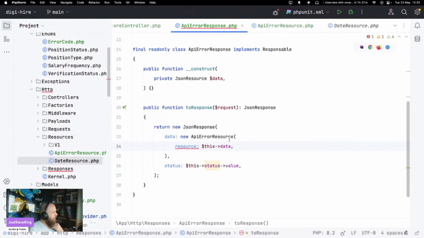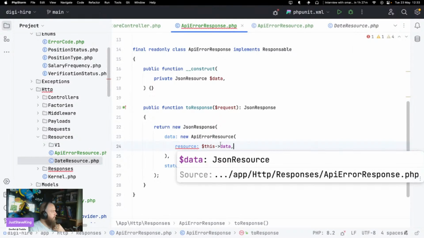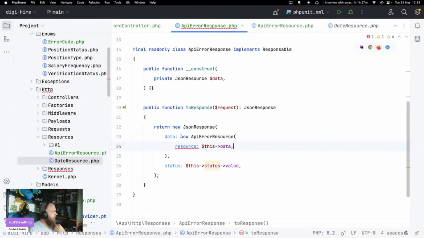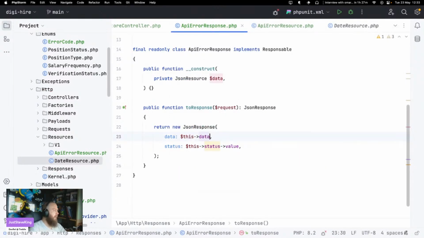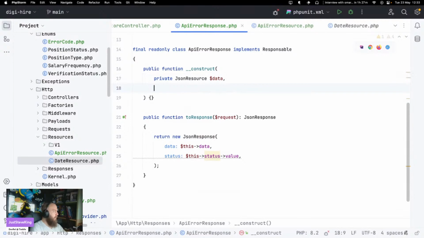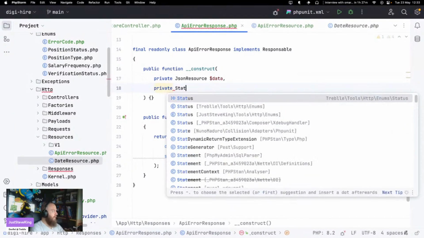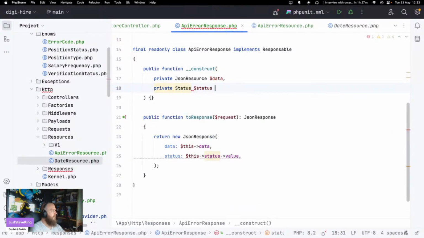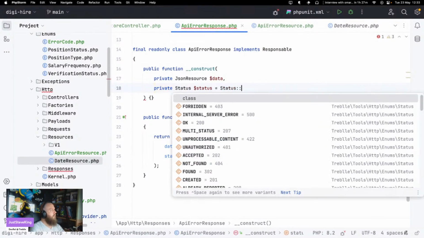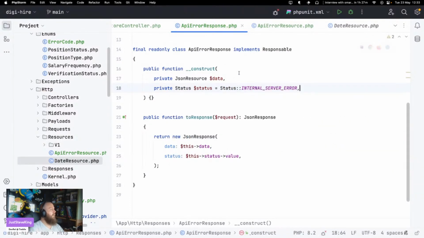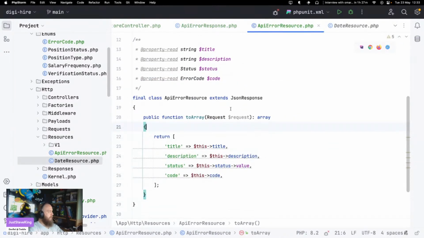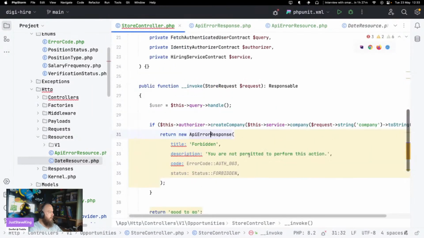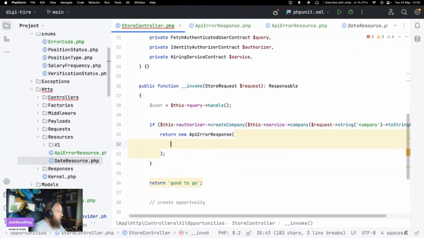Why is that erroring? Wait. There we go. And we want the private status. There we go. That fixed that. Then this will do that. Then in our controller here, we want to grab this,